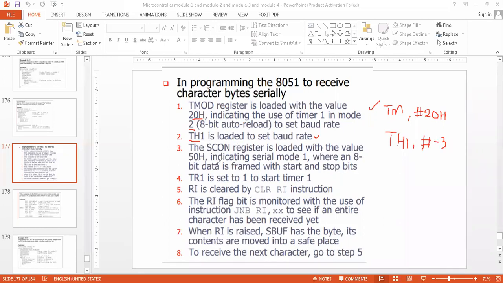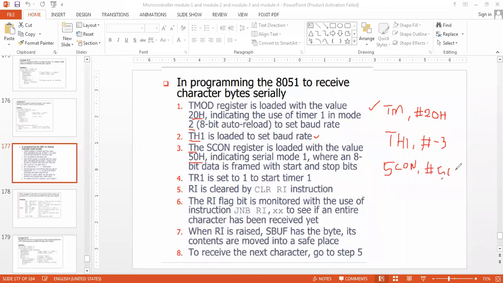Then what is the third step? The SCON register is loaded with 50H. So SCON comma hash 50H.